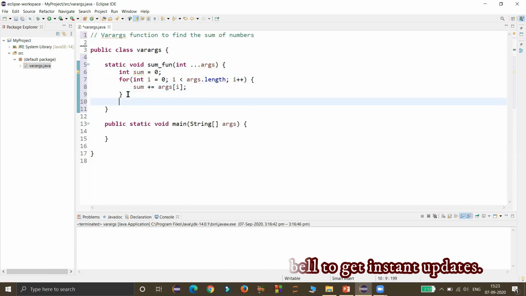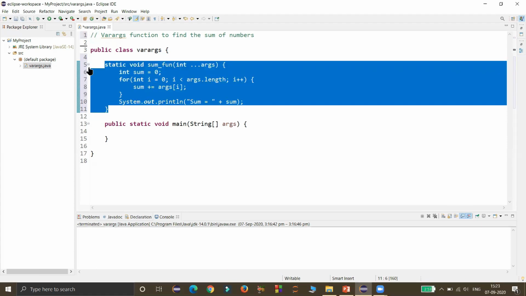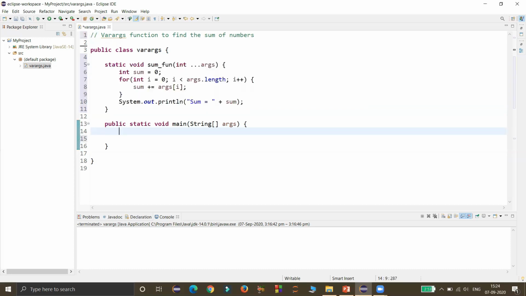After the for loop, I am displaying the value present in the sum variable, which is the implementation of the function sum_fun, which accepts the variable length argument args and displays the sum of all the integers received. Now within the main function, I am calling sum_fun with different numbers of arguments.